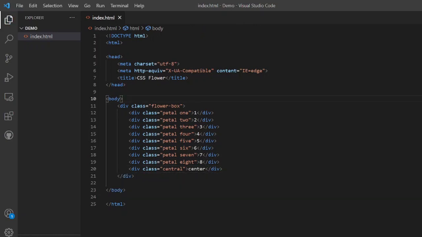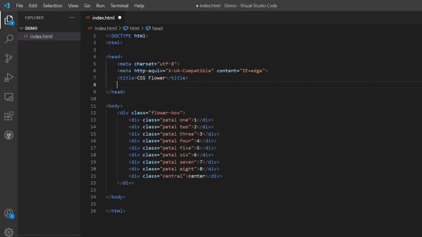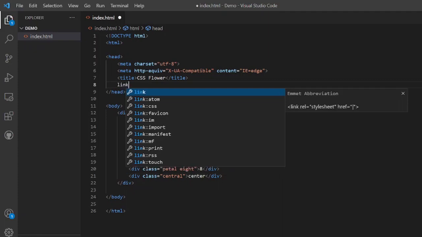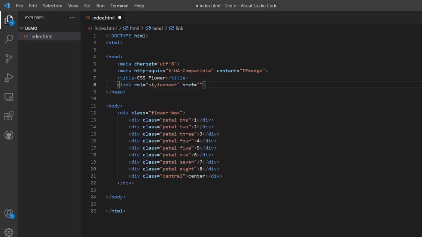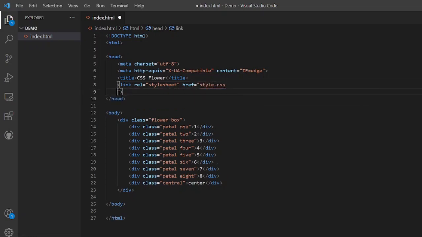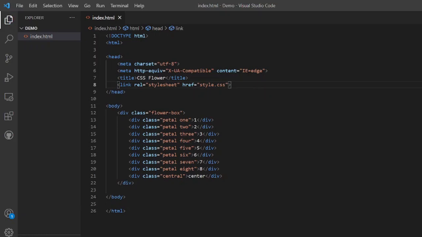Now we need to have a CSS, and we can make the CSS in a different file. So I am going to use a link like this, and I'm going to make a CSS file named style.css. Oops. Now it is saved.